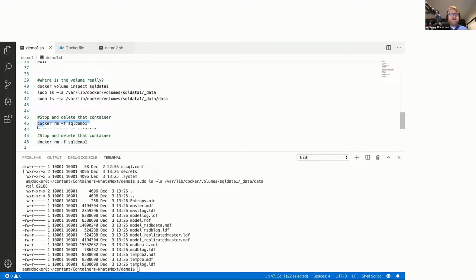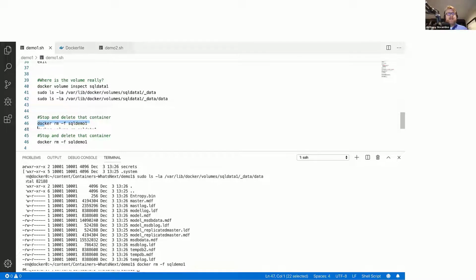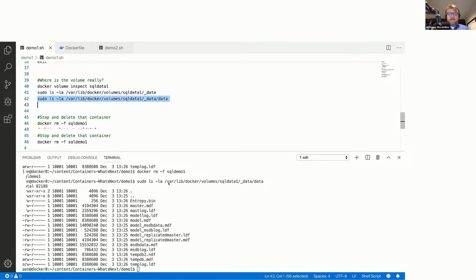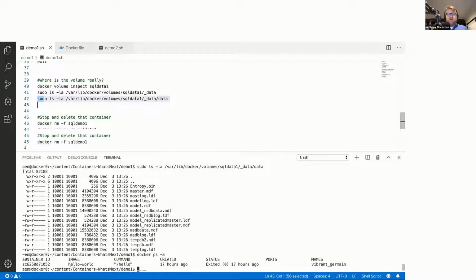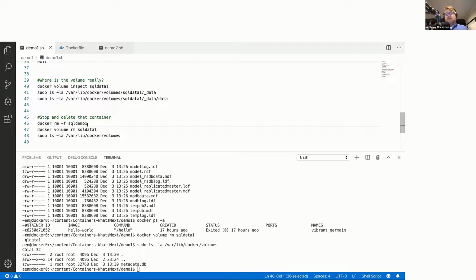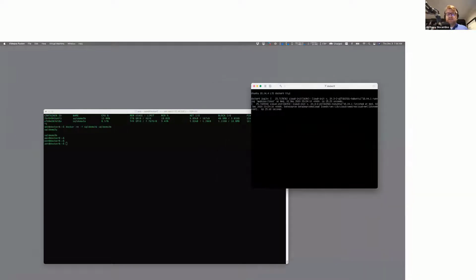So when we remove that container, our data is still there, right? If I go back and do a directory listing, there's our data, even though the container is gone. With docker ps -a, there's only a hello world container available here, not our SQL Server container. So I could deploy another container on top of this and get access to that data. When I delete the volume with docker volume rm sql data 1, that's when that data goes away. So if I look inside here now, that's gone. And so that's how we can decouple the data from the runtime of the container itself.